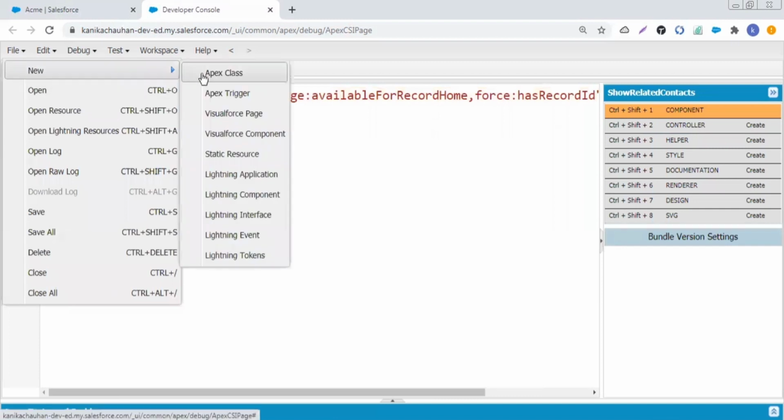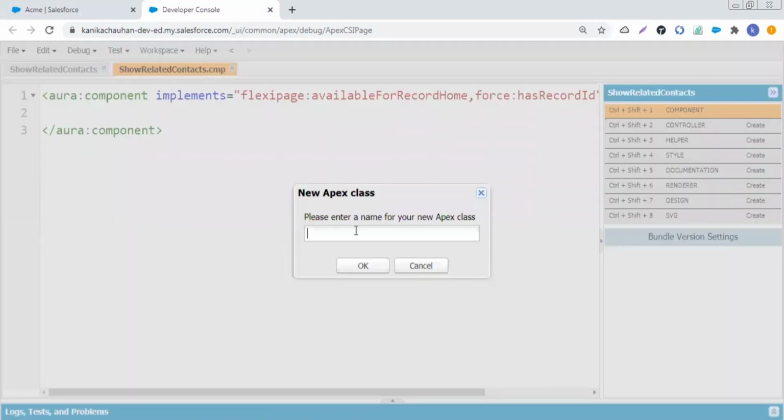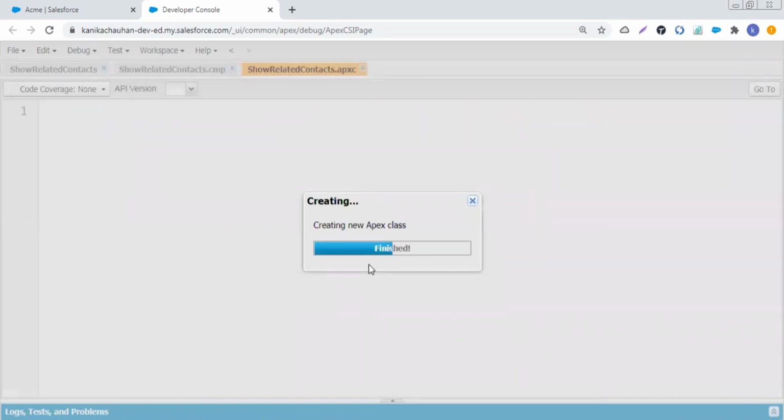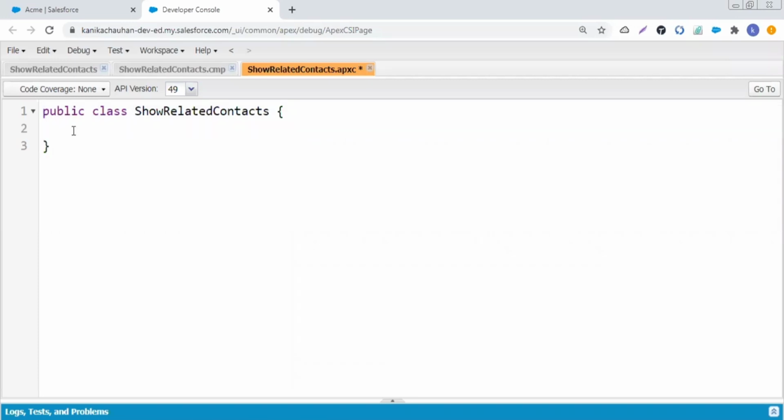Now creating an Apex controller to fetch all the contacts related to that account. Now making my method AuraEnabled. This is the tag which we use to specify that this method will be called from the lightning component.